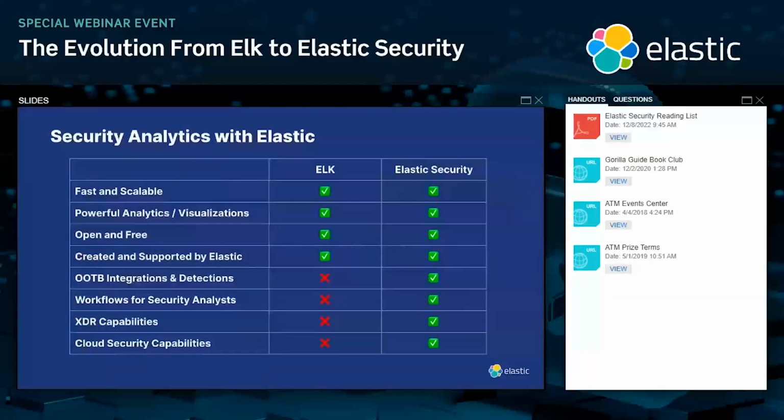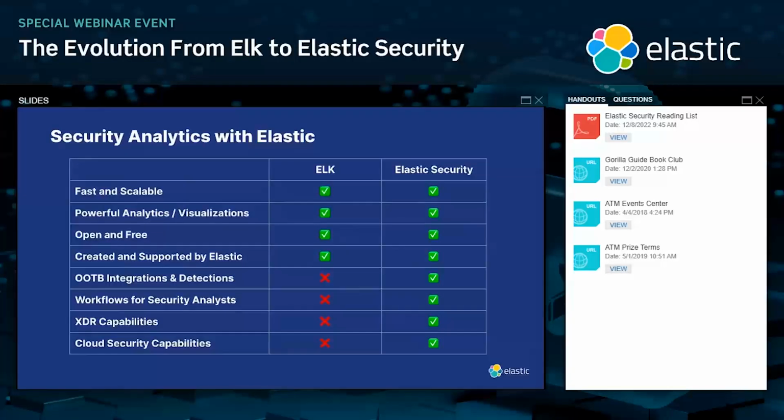So let me talk a little bit about the differences between Elastic Security and ELK. I will start by saying that it is the same product. So it's not a separate installer. It's still Kibana. It's still Elastic. Think of Elastic Security as an application running on top of ELK, specifically running inside Kibana. You still retain the fast queries and the scalability that Elastic provides. You still have the capability of creating dashboards and visualizations. Many of the features in ELK are still open and free.